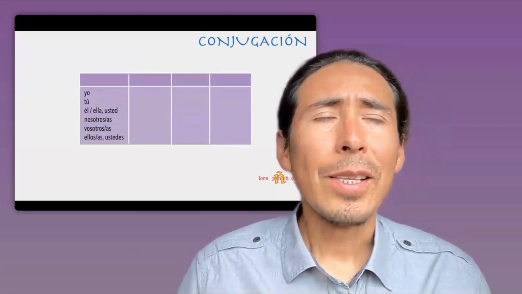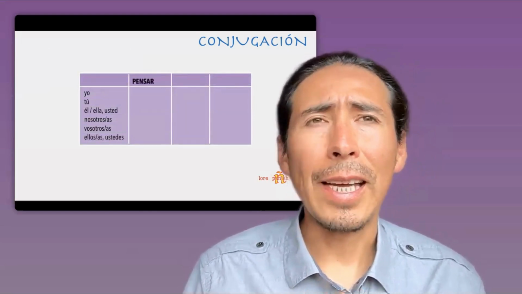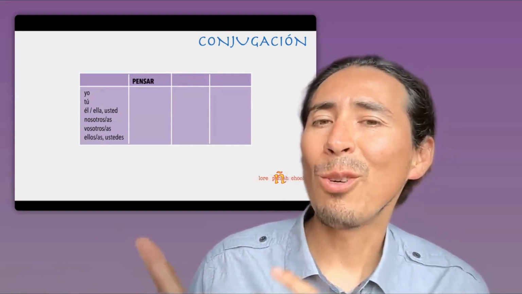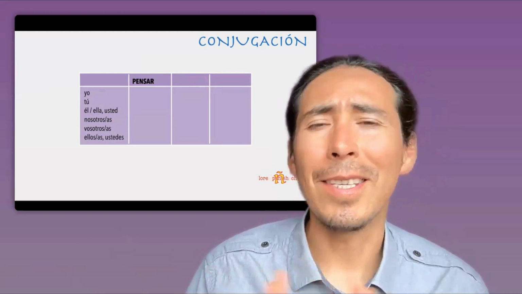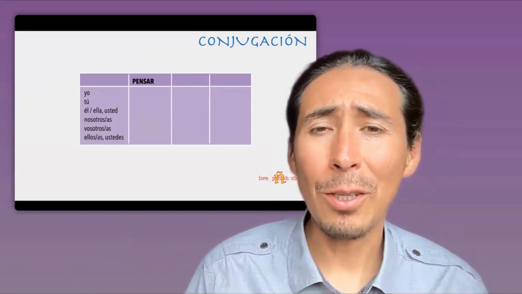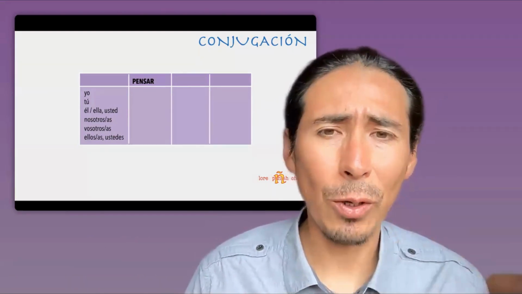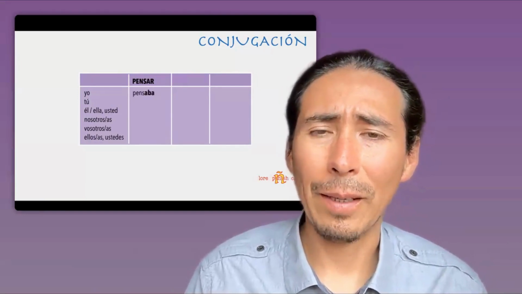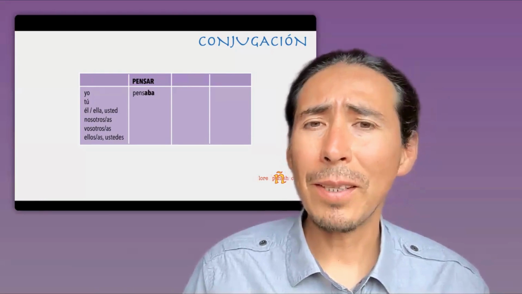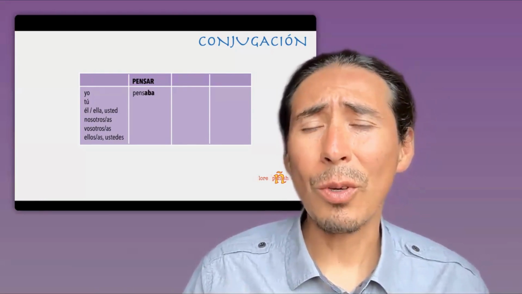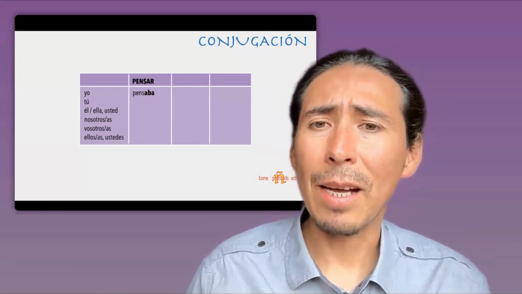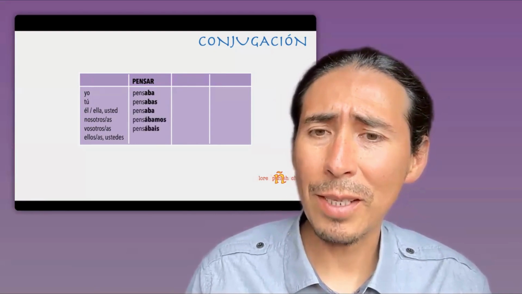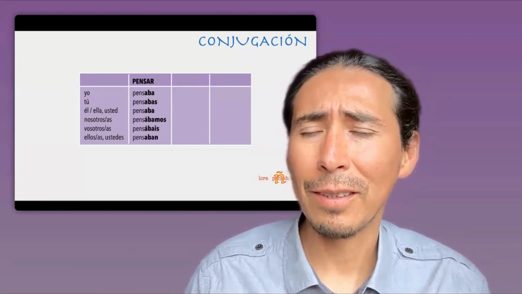Conjugación. I chose the verbs that are irregular in the present. You will notice that this past tense is the easiest one, because, like I told you, it has just 3 irregular verbs that we are going to see in the next slide. First, let's go with this verb, pensar. In this pretérito imperfecto, it is pensaba. Yo pensaba, tú pensabas, él pensaba, nosotros pensábamos, vosotros pensabais, ellos pensaban.